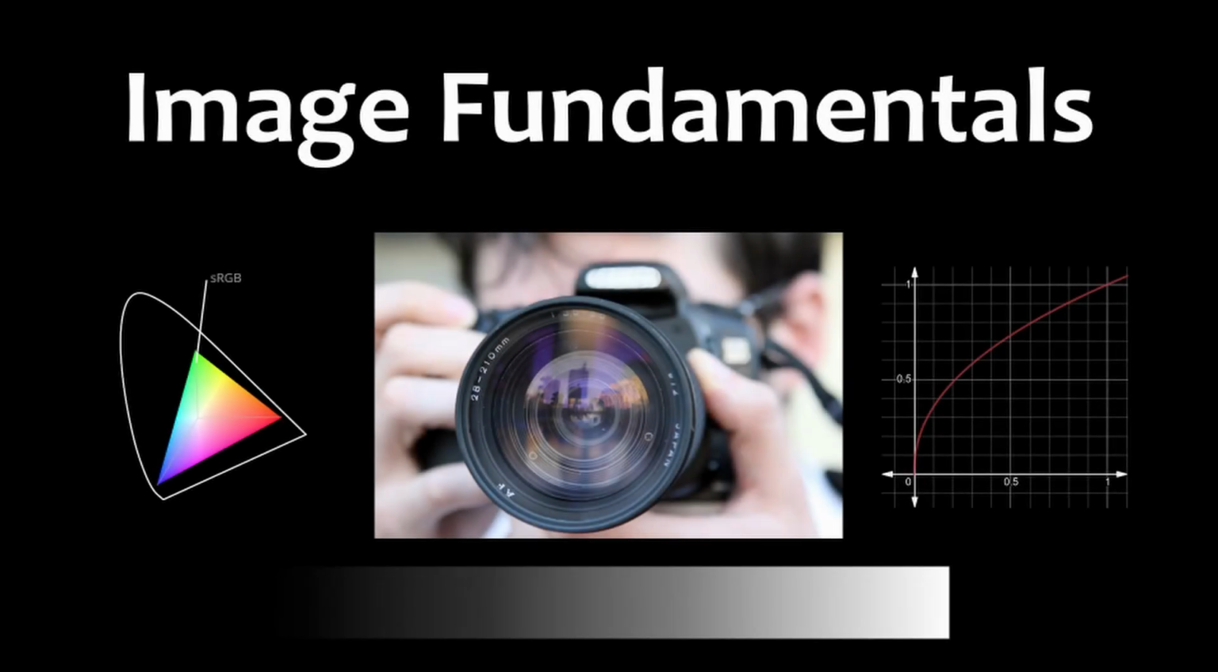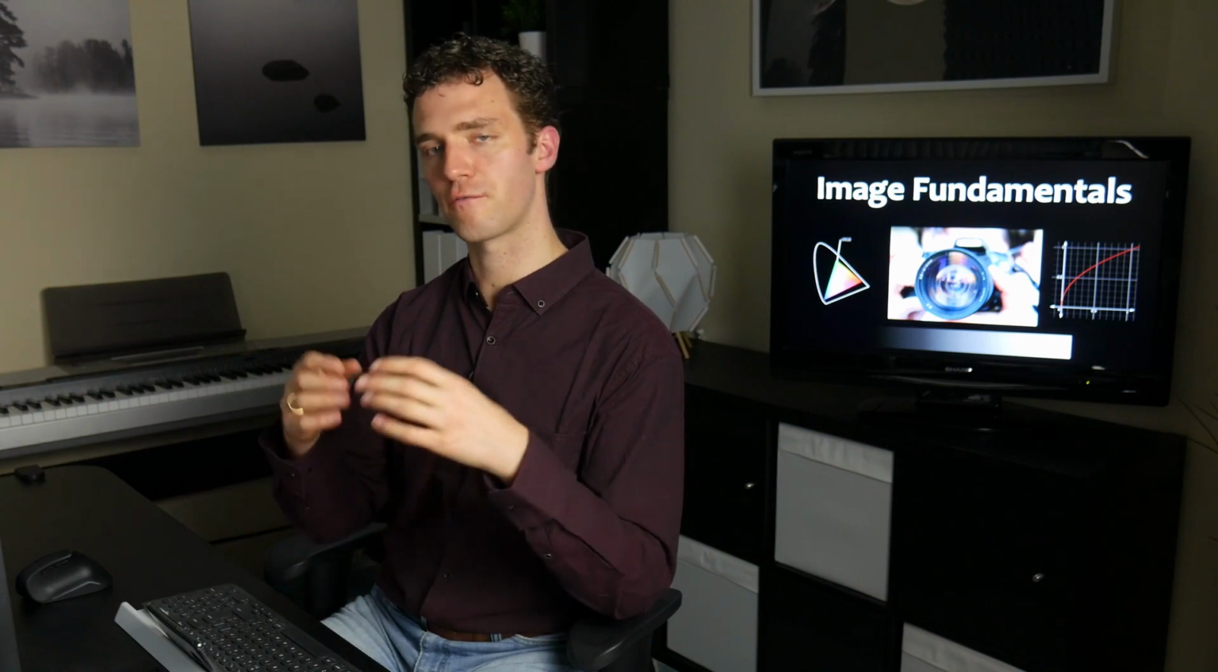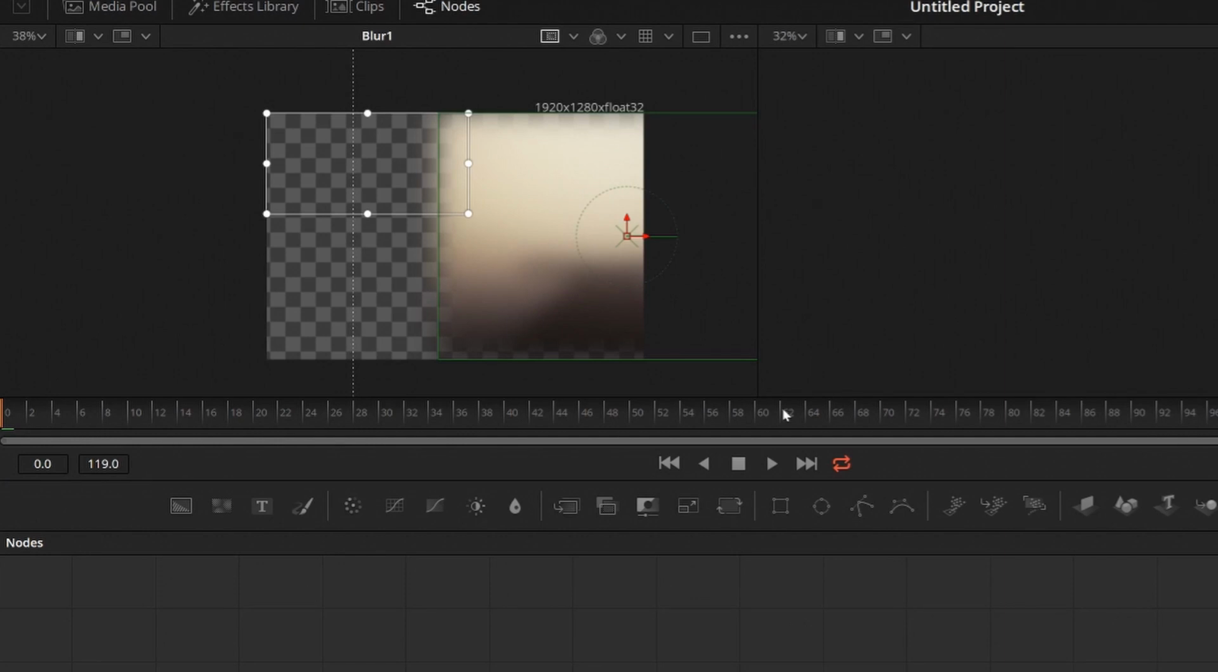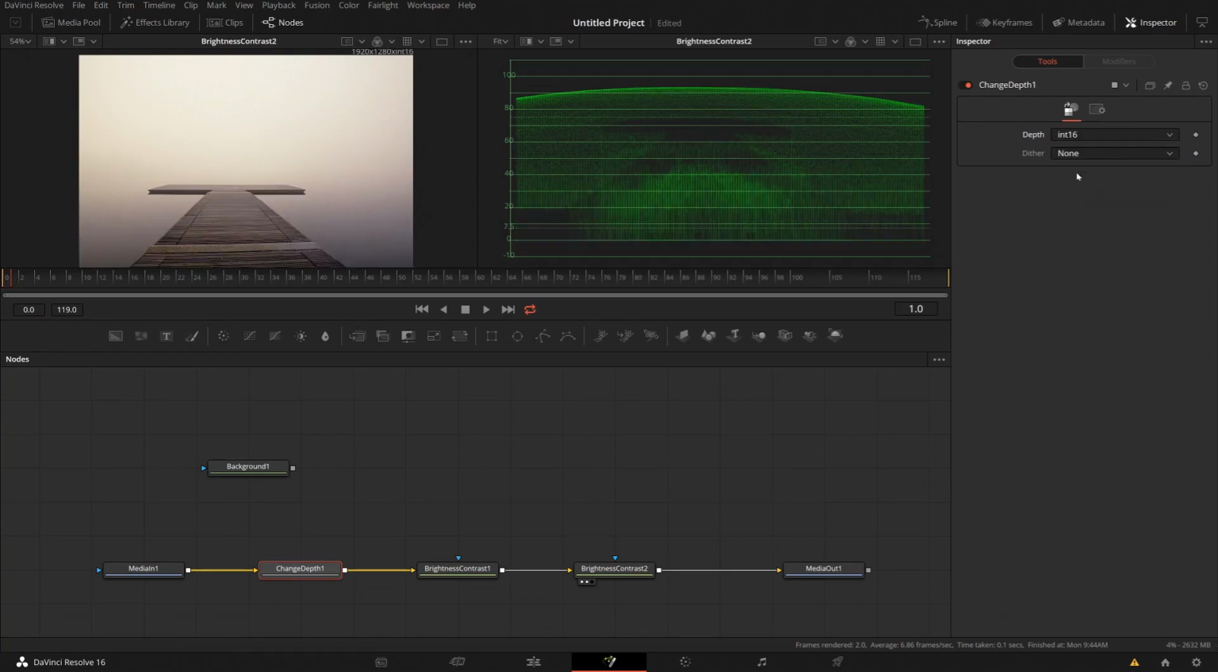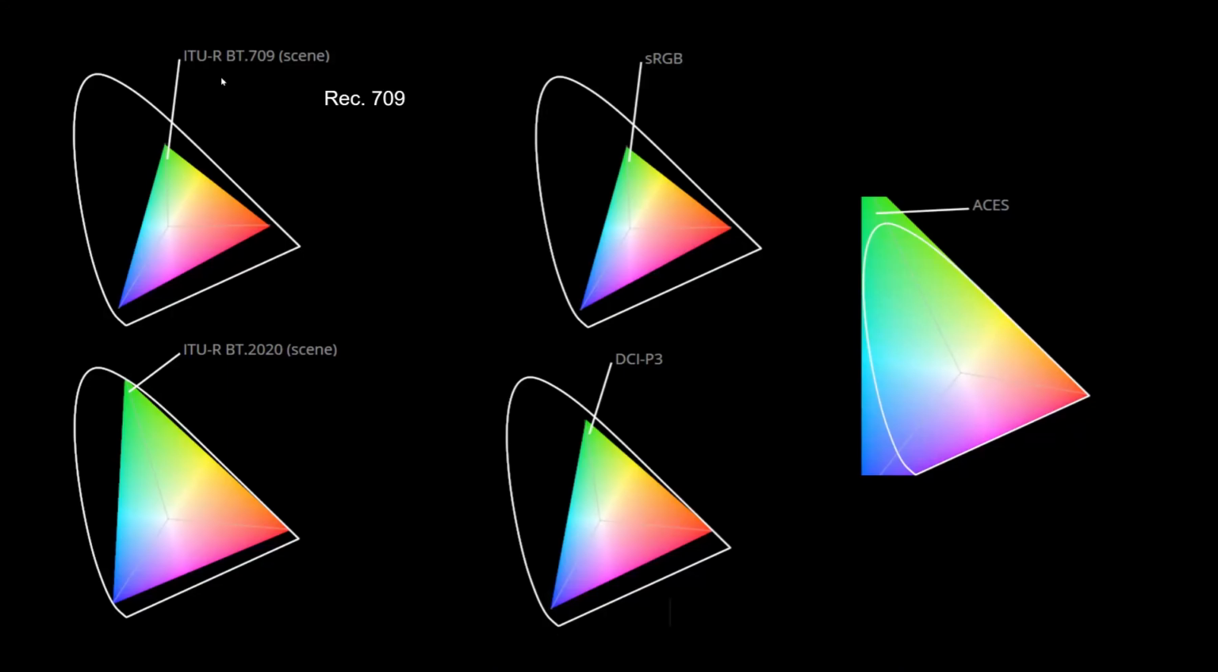Let's go back to the basics with image fundamentals. In this section, I really want to discuss how DaVinci Resolve handles the frame on a fundamental level. I want to discuss frame size and show you how the area where calculations are being performed is actually determined by Fusion. I want to discuss a lot about color, about bit depth, about color spaces, and a linear